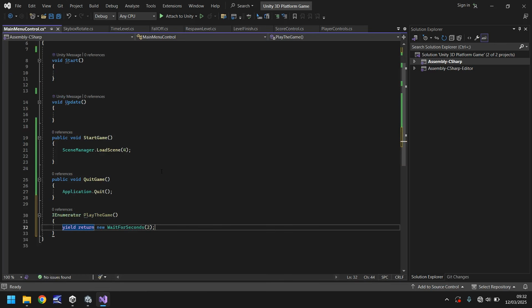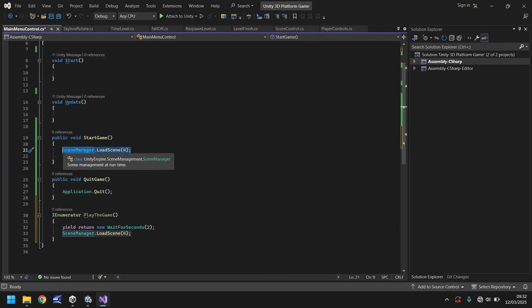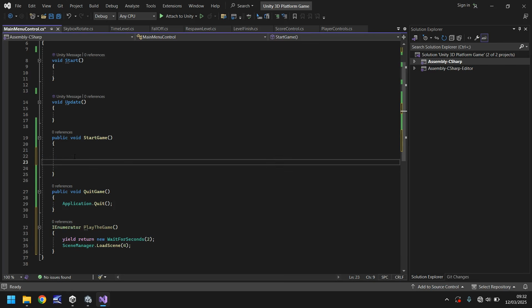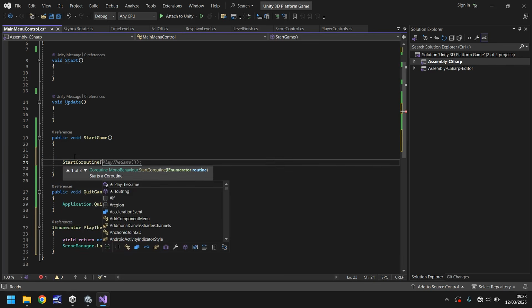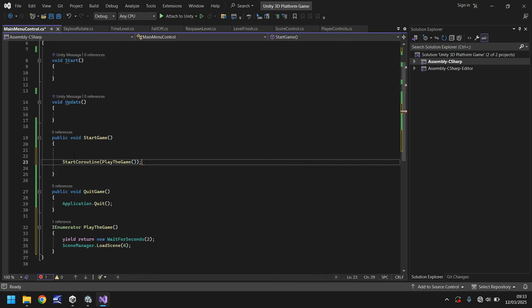The next thing we want to do is go to the scene, and you'll see how all of this works eventually. If we copy that line of code and place it just below there, get rid of it in there, and go down a couple of lines and say StartCoroutine, and in brackets the name of that coroutine, PlayTheGame();